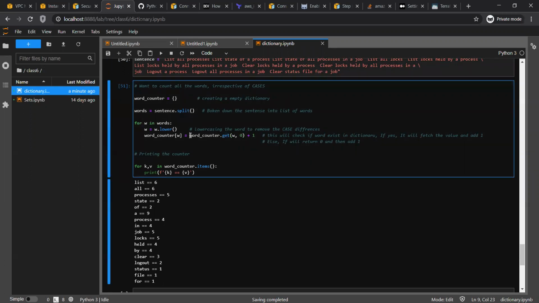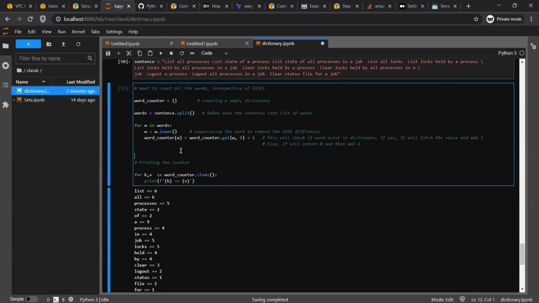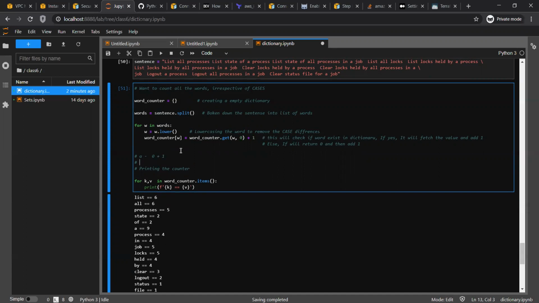So what it is doing here: the very first time a word comes, obviously it doesn't exist in the dictionary, so it will return 0, and 0 + 1. Let me quickly give the example here. Suppose A comes the very first time. The value doesn't exist, so it will give me 0 + 1, which equals 1.